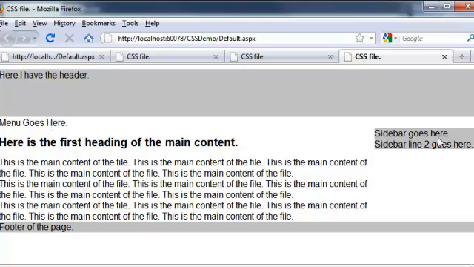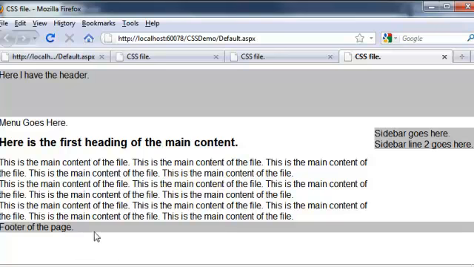I have a sidebar which is a gray color, and I could put extra menu information, or I could put images and things like that in it. And this background is gray, and it is floating in the page next to the main content, which is also floating, and it's aligned to the left of the page. And the footer of the page is 844 pixels wide, which is the width of the entire page itself, and its background is